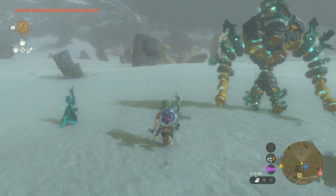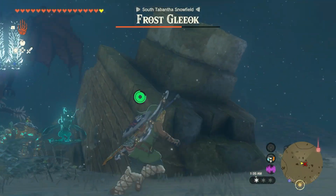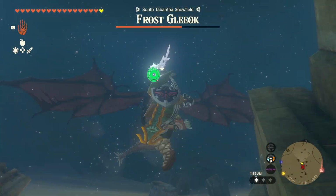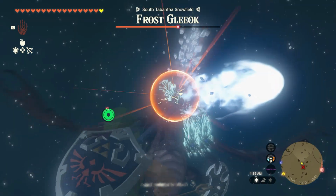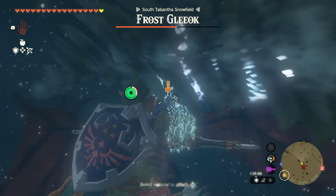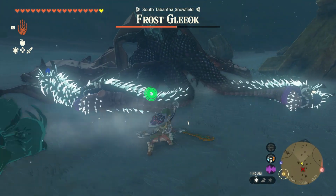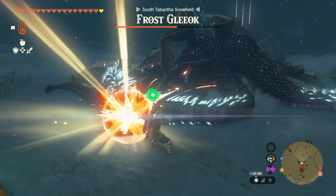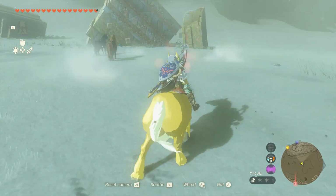Just follow these ruins and at the end you'll find the beautiful horse. Now, you might run into a Frostgleok on the way. This thing is an absolute beast and very tough if you're low on health and powerful weapons. You could take it down now, but for the sake of this side adventure, it is totally avoidable. Just run around it and stay out of its line of sight, and you should get to the golden horse